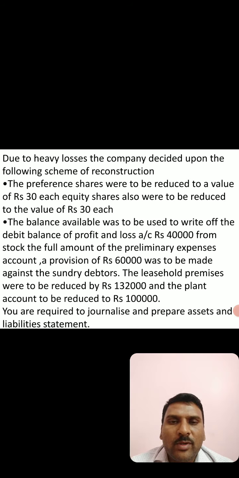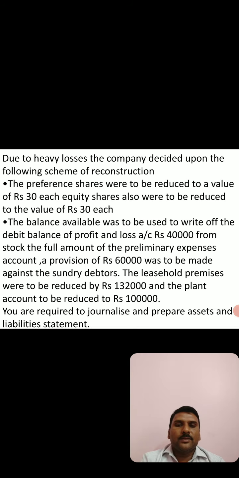Next, the balance available was to be used to write off the debit balance of profit and loss account, 40,000 from stock, and the full amount of preliminary expenses account. A provision of rupees 60,000 was to be made against sundry debtors. The leasehold premises were to be reduced by 1,32,000, and the plant account to be reduced to rupees 1 lakh. So here we are required to pass journal entries and prepare the statement of assets and liabilities after the